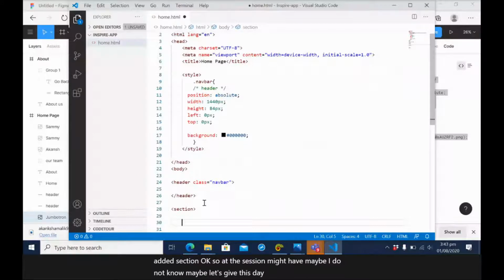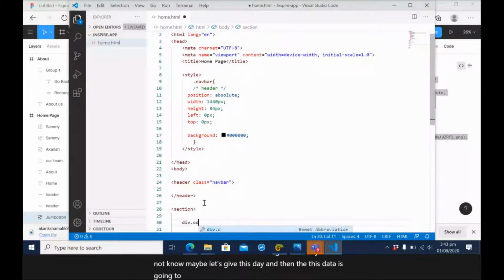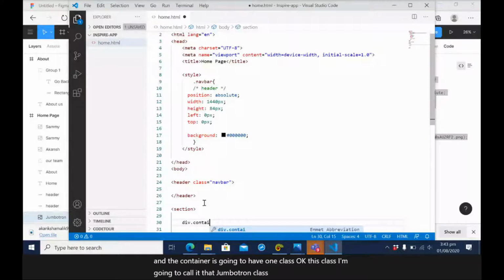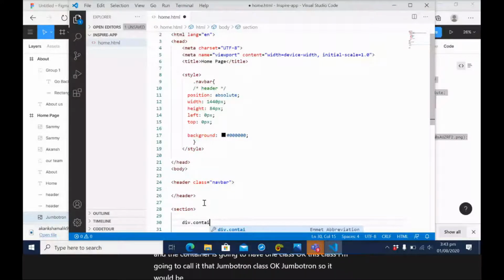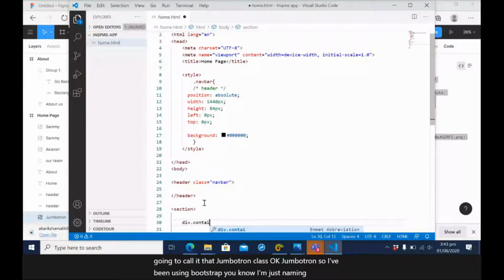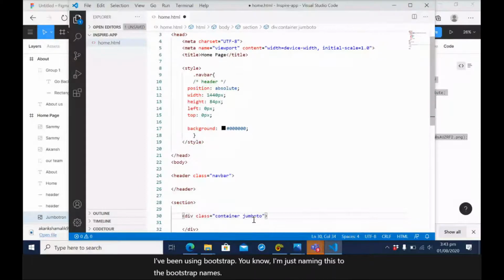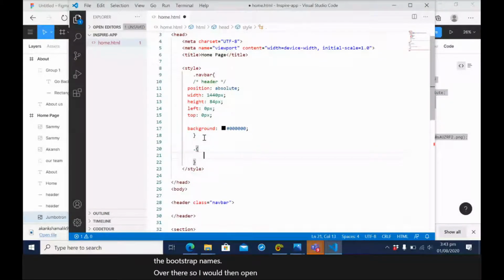And then this div is going to be called container. So we will have a container in there, and the container is going to have one class. This class I'm going to call the Jumbotron class. So if you've been using Bootstrap, I'm just naming this after the Bootstrap names. So I would then open up and call the Jumbotron as a selector. So Jumbotron as a selector, and then I'll paste in my code,